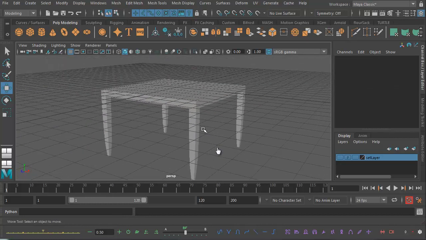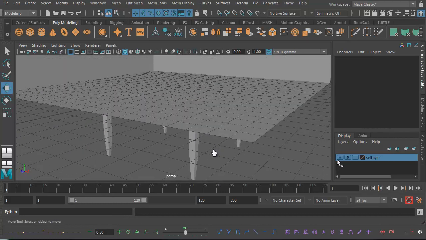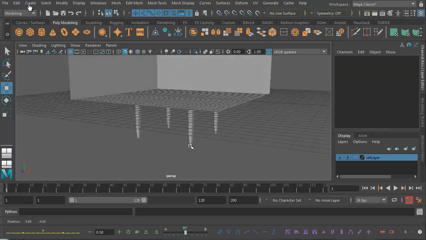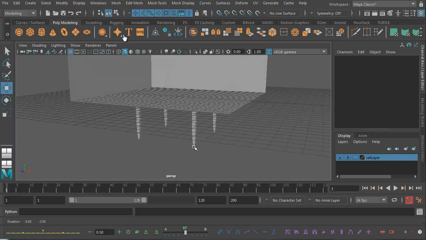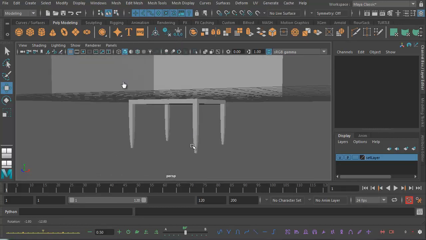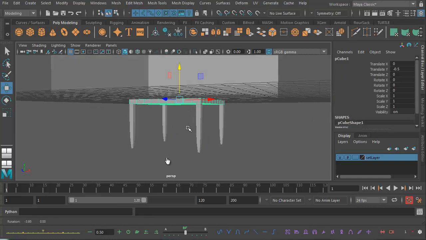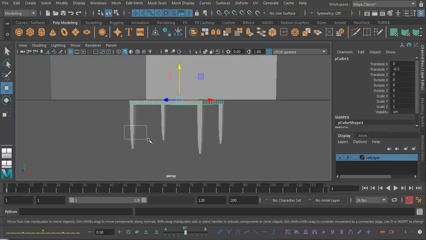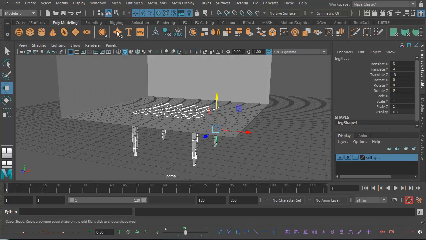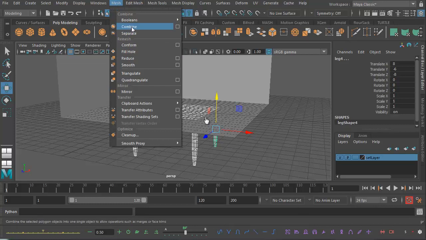Now if I press V for visibility to turn my set layer on, I can see that the table is kind of floating below the set. So what I want to do is shift select these objects that I've created, and then I'm going to turn them into one thing. So I'm going to go mesh combine,